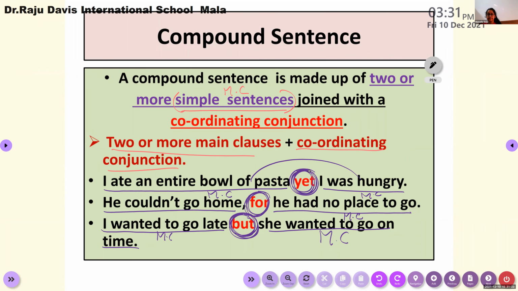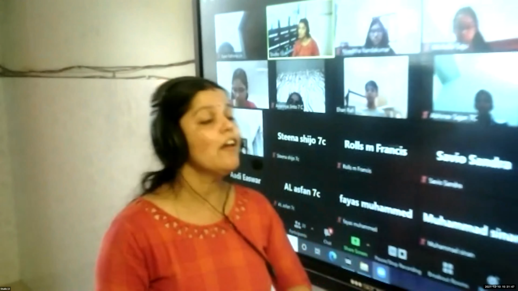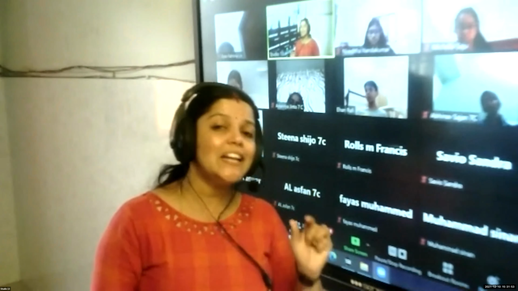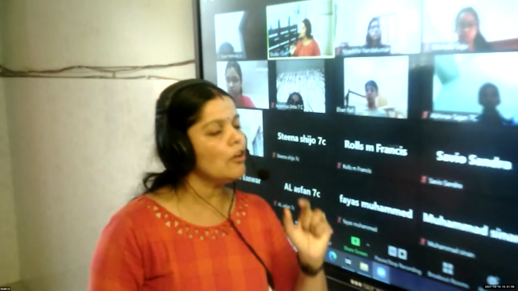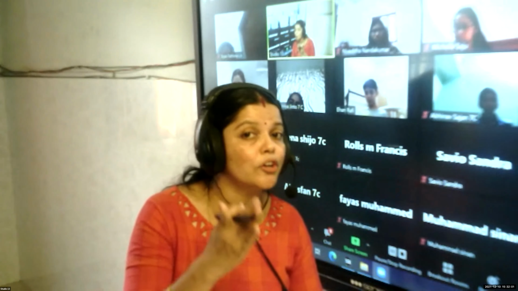Whereas the second one, you are familiar with the term clause. A clause is actually a part of a sentence, a group of words which forms a part of a sentence, and each clause has a subject and predicate in it. You can find a verb in the clause part, right? And we have main clause, we have subordinate clause. See children, we have main clause here, we have subordinate clause here, we have coordinating conjunction, we have subordinating conjunction. If you use the subordinating conjunction in a sentence, you are actually framing a complex sentence, because a subordinating conjunction is the starting point of a subclause.